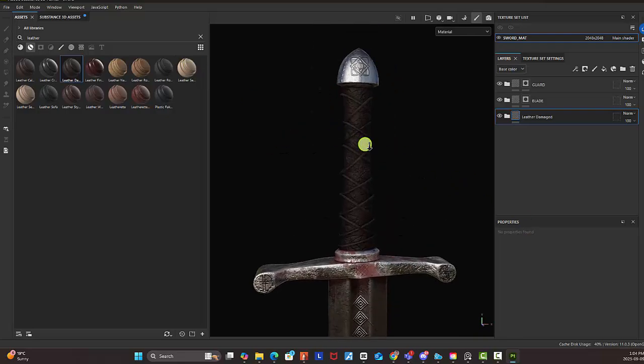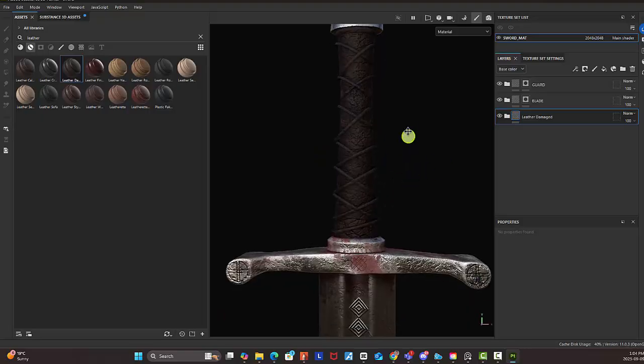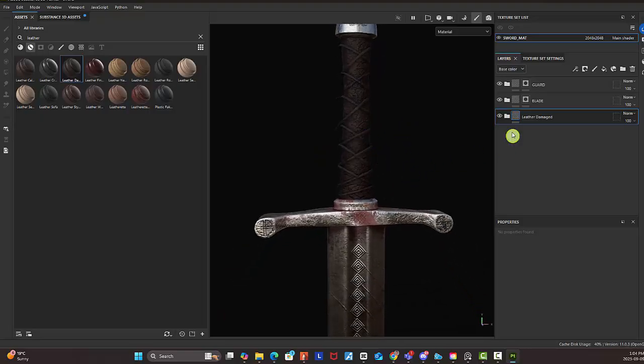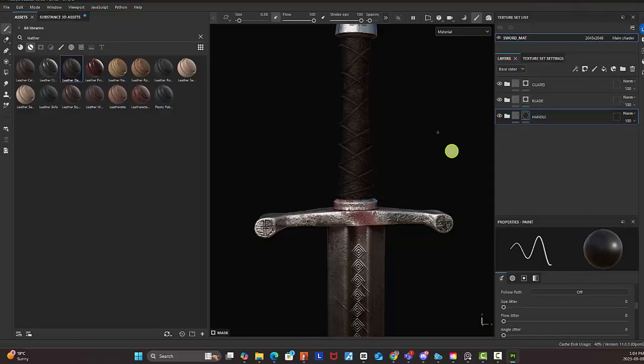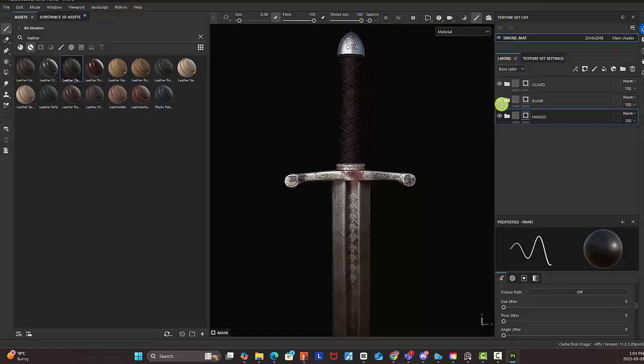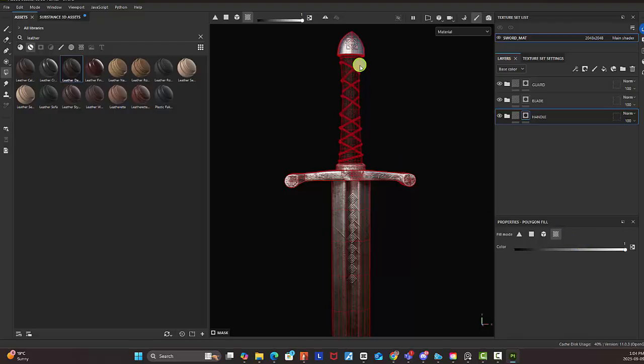But we're not just gonna do a drag. We're not gonna be a drag and drop artist, right? So I'm gonna right click and I'm gonna call this handle. I'm gonna right click and create a white mask, and then I'm going to click on the polyfill tool, and